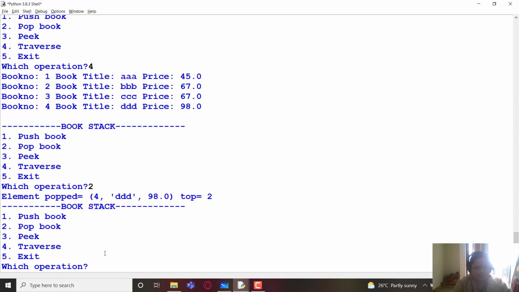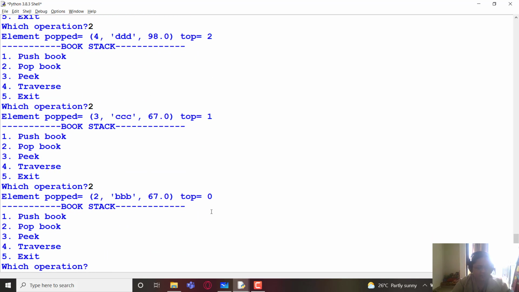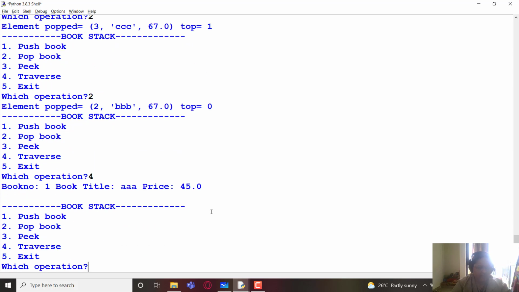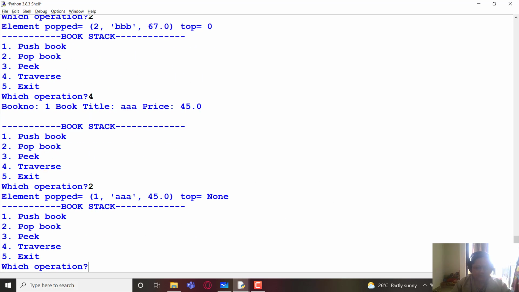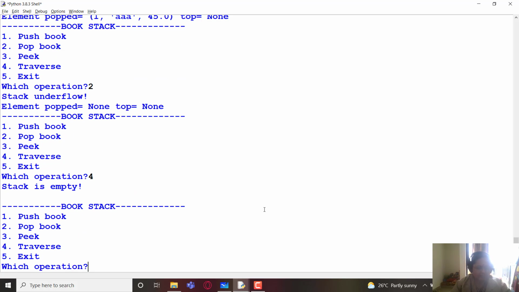Let us pop a few more books and you can see now there is only one element in the stack. If I pop it again, that element is removed. If I start popping again, it will give me stack underflow, element popped none, top is also none. If I try traverse, stack is already empty.